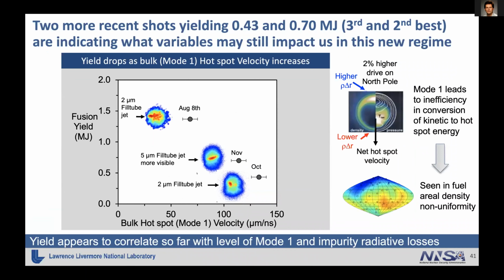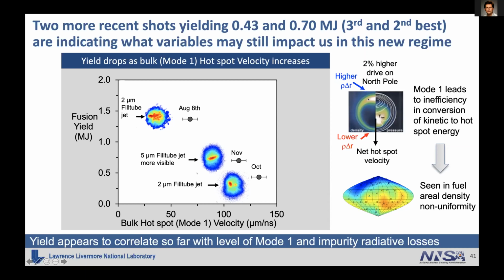Now, what about the 2 repeats? We did 2 shots in November, October. The yield dropped. That indicates that there are variables that may still impact us in this new regime. And one of the main variables is what we call the mode 1. This is in simulation, which shows that if you just have 2% higher drive on one side than the other,